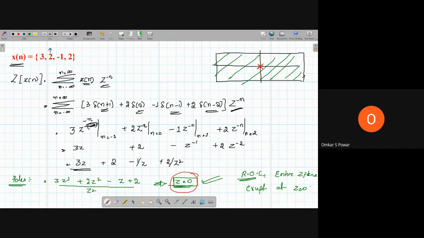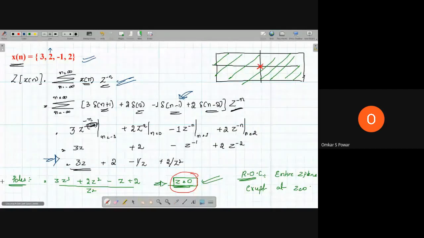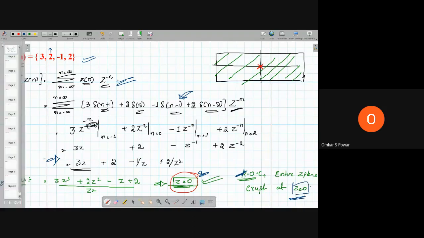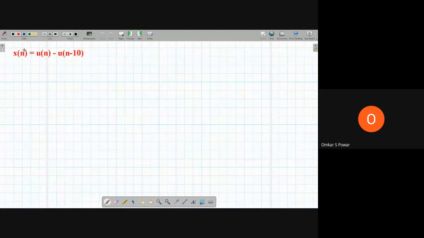Okay. So now how did we solve? We'll see once again. We have the given signal x of n. First thing, we have to write the formula. Similar to Z transform, we substitute this x of n and get the answer. Then what are the two extra steps here? To find the poles, equate the denominator to 0. And to get the ROC, here it is the entire Z plane except at Z is equal to 0. Okay. So let's move to the next problem.